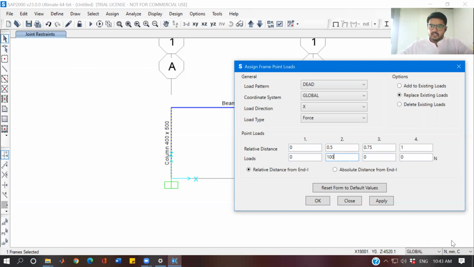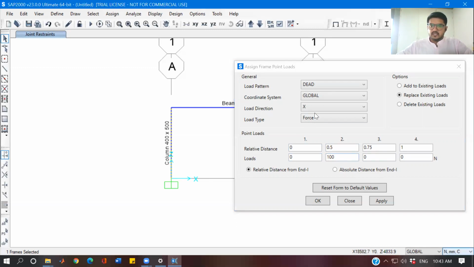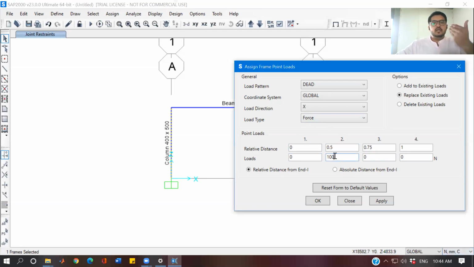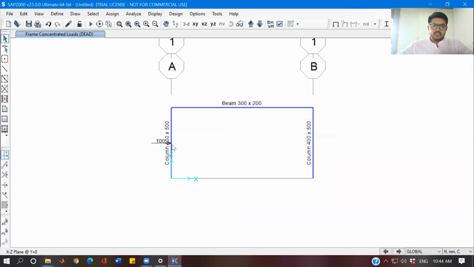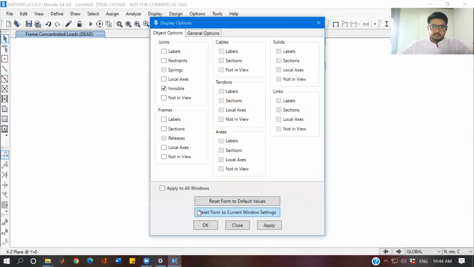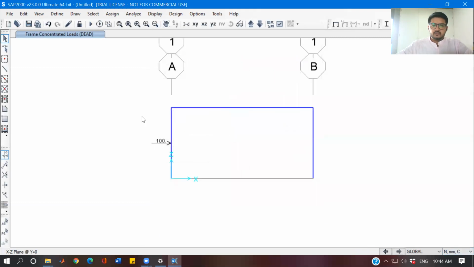And if you remember, in the first step, we had selected newtons. So when I press 100, it is by default 100 newtons. Okay. And the rest of the things, you can keep as 0. When you press OK, you will see that 100 Newton force is applied at the center of your column. Now these names of columns will create a confusion. So let us remove those names for the time being. So again, I'll uncheck this section option. So the names of the column will disappear. Only loads will be shown.